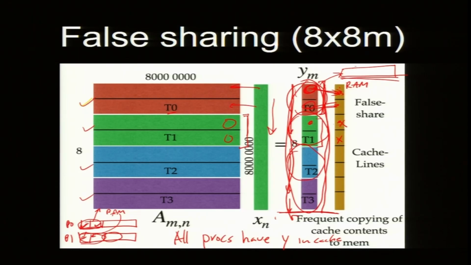There is another issue, that there may be small locations. 8 million by 8 million is not going to be done in one shot, so there may be temporary sums. That could be another issue, but we are ignoring that part. We are assuming that we get a number which is put in the cache, and they are not coherent, because the cache line is 8 bytes, 8 doubles, that is the problem.